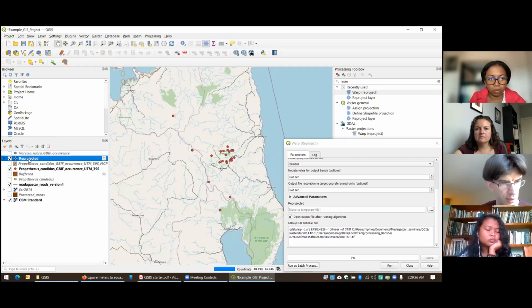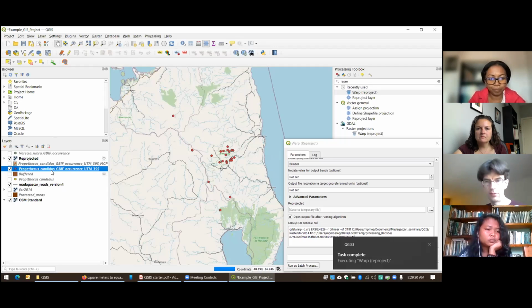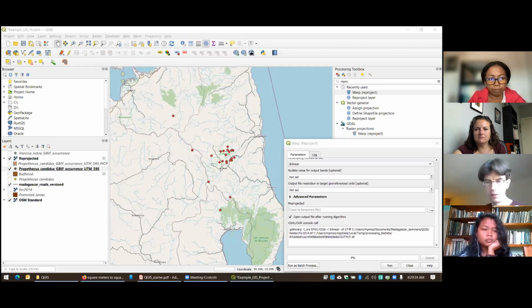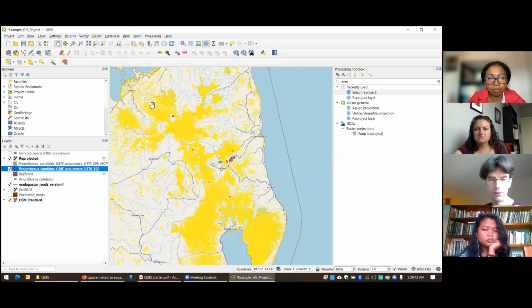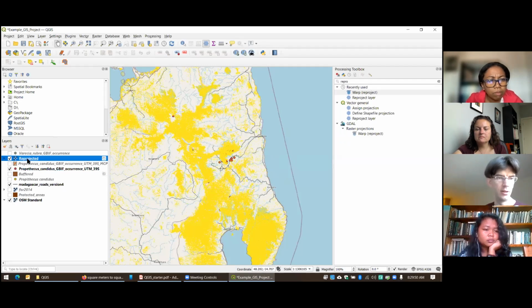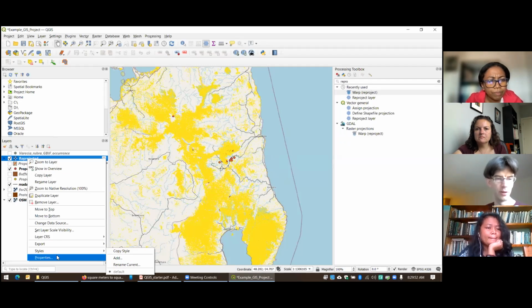Okay, so that completed. And it looks like it's loading. There we go. That is now my forest raster layer that has been reprojected into the WGS 84, just to follow up on that.